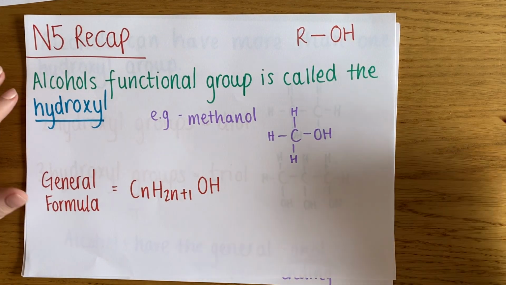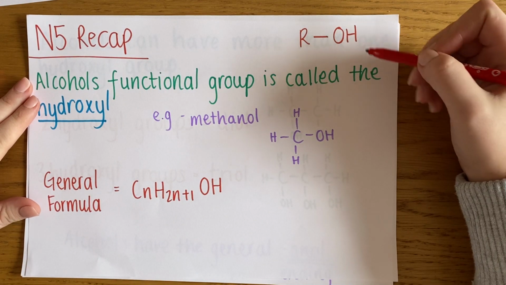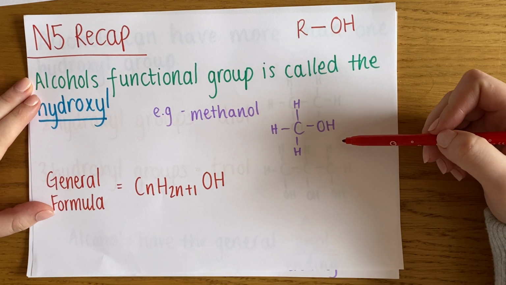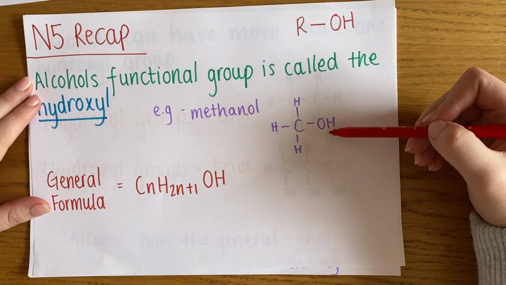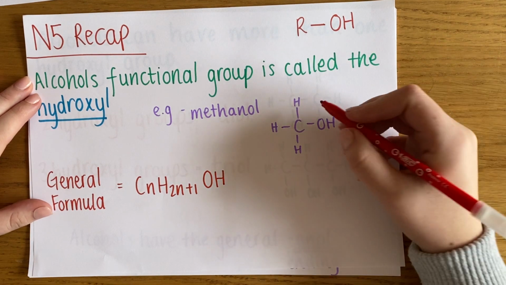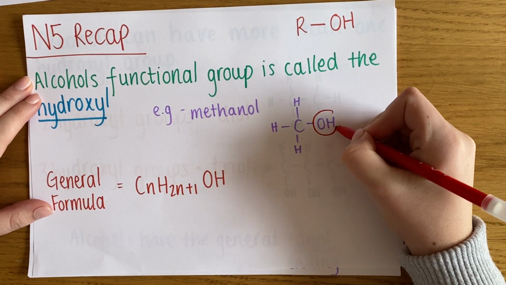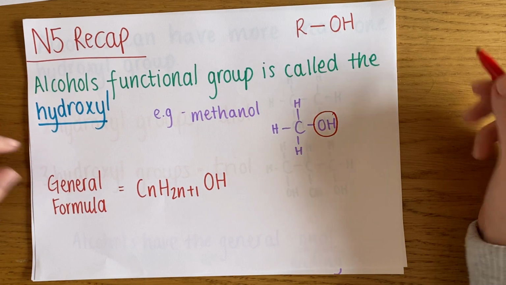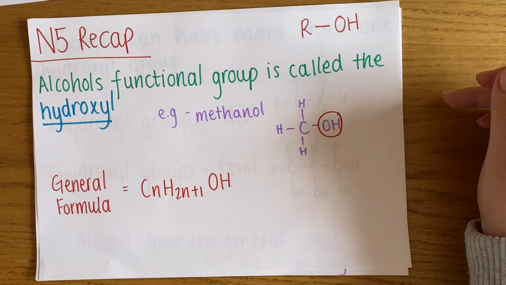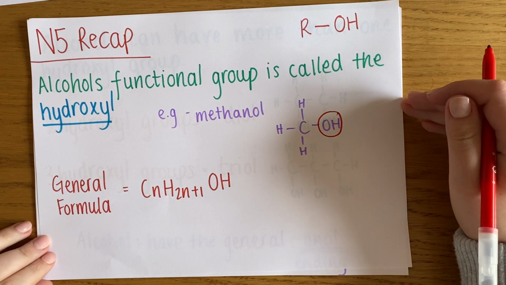the hydroxyl group, and it is the OH group here. For example, you can see it in methanol here. You've got your CH3 and OH at the end. So this part is your functional group here. This is where any reactions would happen. Okay, so for your alcohols, your general formula is CnH2n+1OH, and this is all stuff we learned